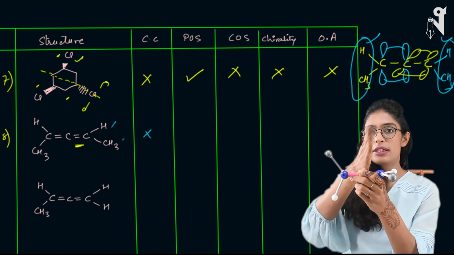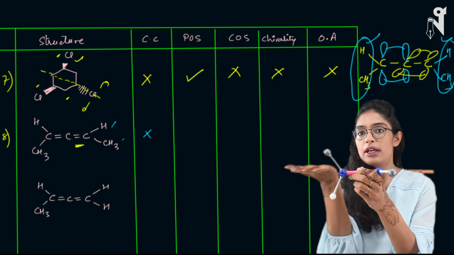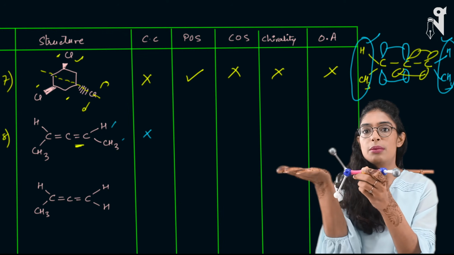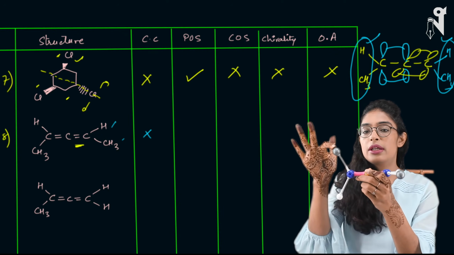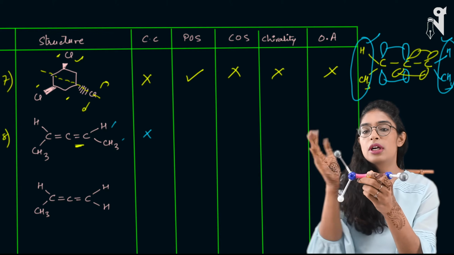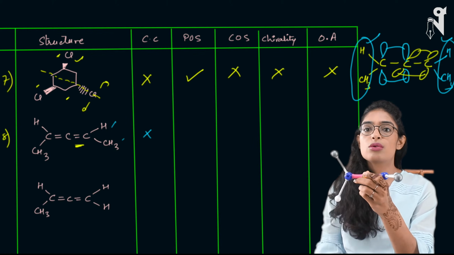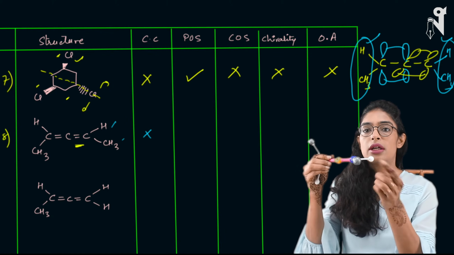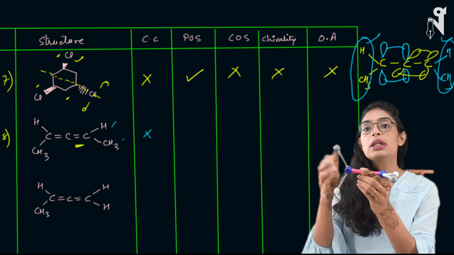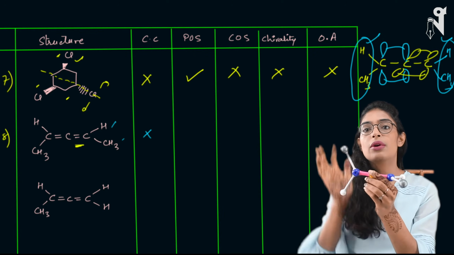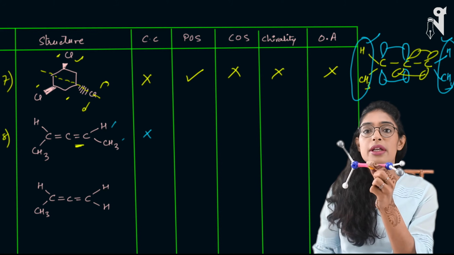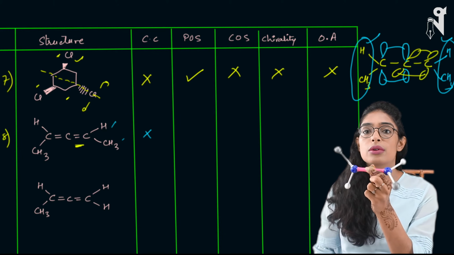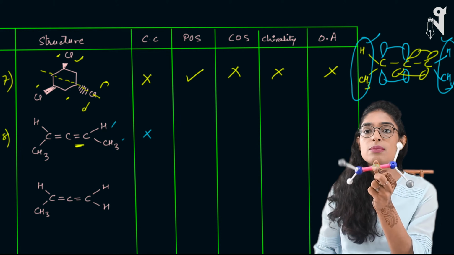If I cut it like this, am I getting a mirror image? No. If I cut like this, am I getting the mirror image? No. Again, here is a CH3 and here is hydrogen. If I cut, one part will get CH3 and another part will get hydrogen. These two things will get cut into the slice cut form, but this part will not have the mirror image. So by any way am I getting POS in this molecule? Is there a way to get a POS in this molecule?